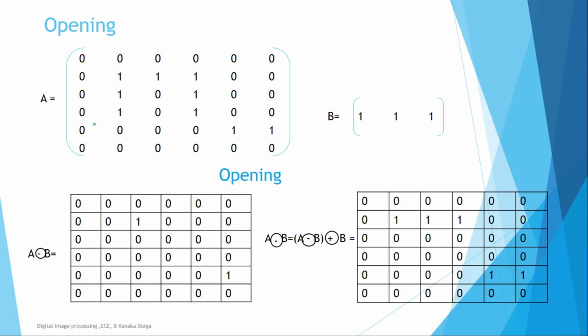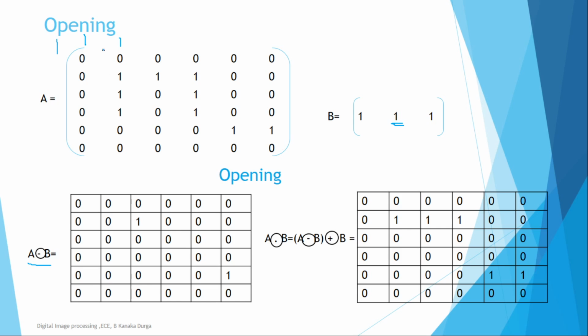Next, the opening operation. In the opening operation, we have to apply first erosion. Next, we have to apply dilation with respect to the structuring element. So if you observe in this case, same scenario, we have to consider the origin, and considering the same center pixel as the origin. So 1 1 1 does not match, so it is 0. In this case, all the values should match, then only the resultant goes for 1, otherwise it goes for zeros for the erosion concept. So first we have to calculate the erosion.